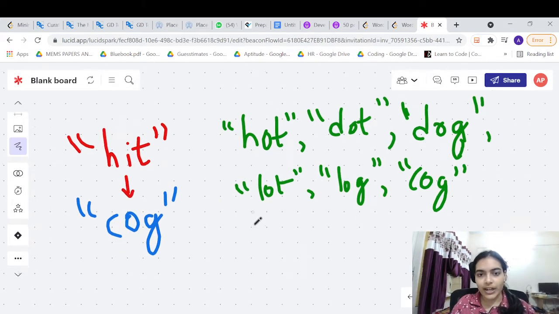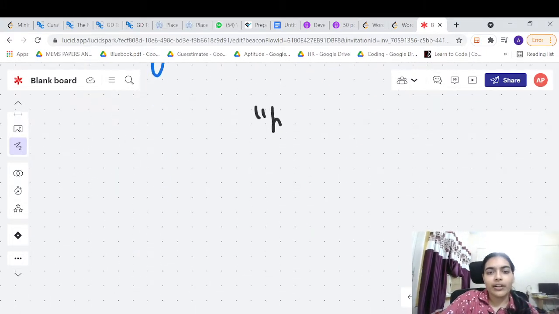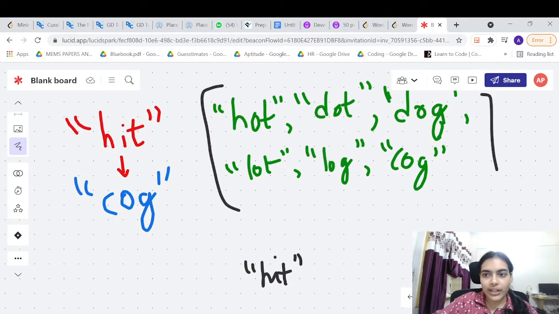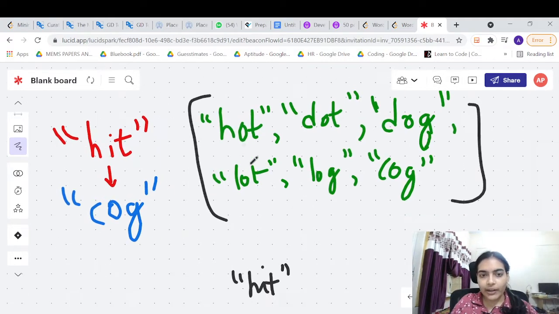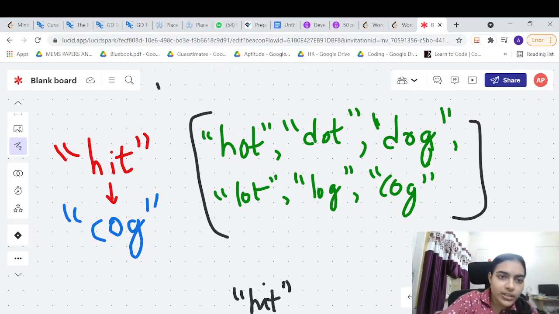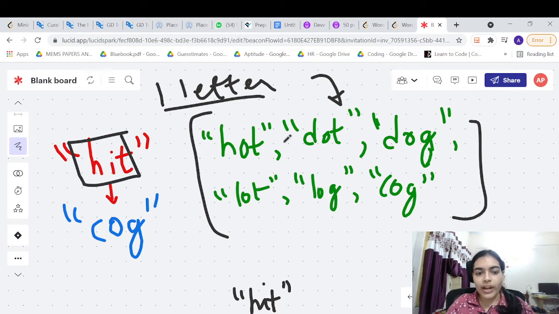So the first approach that comes to our mind is, you are given a word, let's say you are given hit, and now you have to transform it. What is the next transformation that you can make? Among all these words, you have to transform this particular word hit to some other word. To which words can you transform it? To words from which the distance is 1, because you can change at most only one letter. You are given all these words. What if you find out to which words hit can be transformed and already store that?